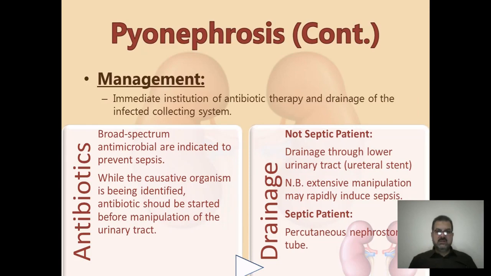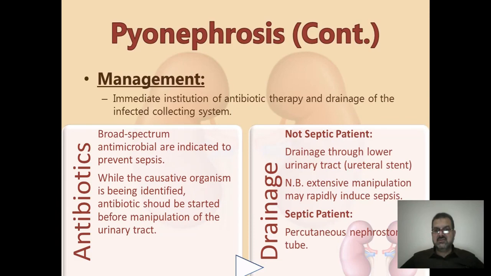Management: you will start immediate IV fluids, IV broad spectrum antibiotics, and you will proceed to do drainage for the kidney. If the patient is really sick, you prefer to do nephrostomy rather than putting a double stent from below by doing cystoscopy. Why is nephrostomy more appropriate for this patient? Because it is done under local anesthesia by an interventional radiologist or by an expert urologist.